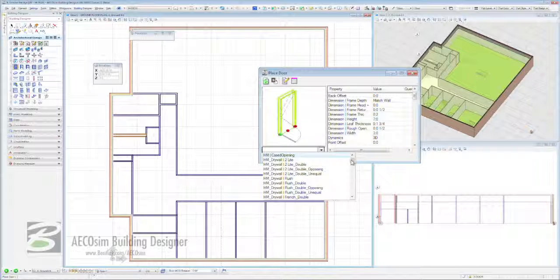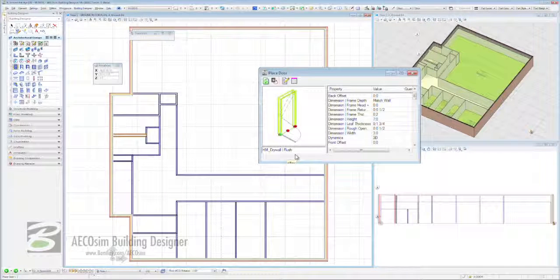This is the default installation of Building Designer, and there's quite a number of options here for you. We only need one, and the one that we need is called HM_Drywall Flush. So we're going to come back up here, Drywall Flush. Notice how the preview changes for us. We've now, instead of just an opening, got a leaf and an arc and the opening indicator on